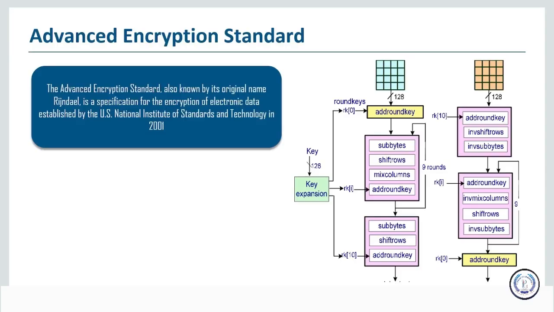So it was originally called the Rijndael algorithm. The main thing about the Rijndael algorithm and the Advanced Encryption Standard algorithm is that the Rijndael algorithm specifically states in its papers that it has a variable block size and a variable key size, as long as they are in multiples of 32. So 32, 64, 96, like that.